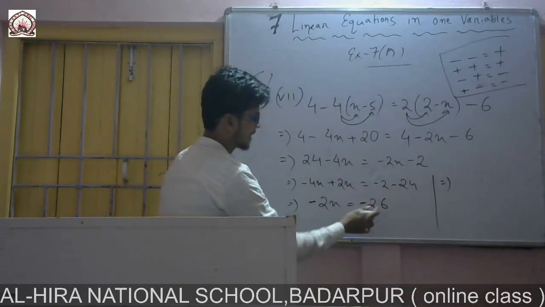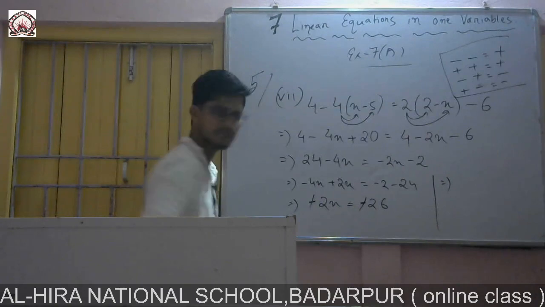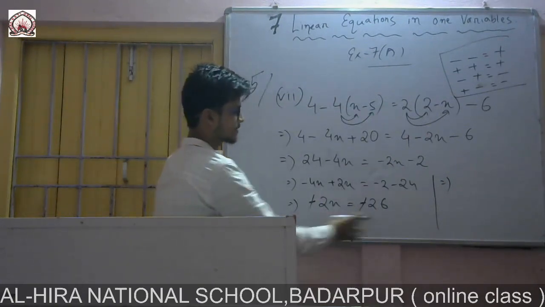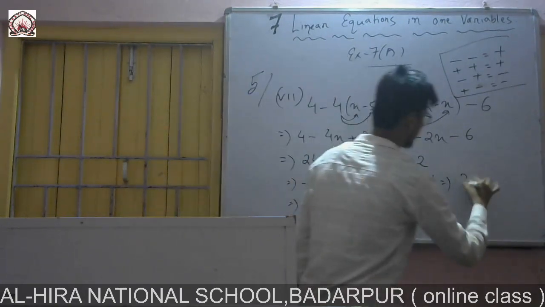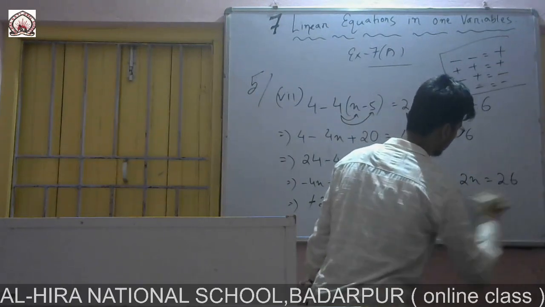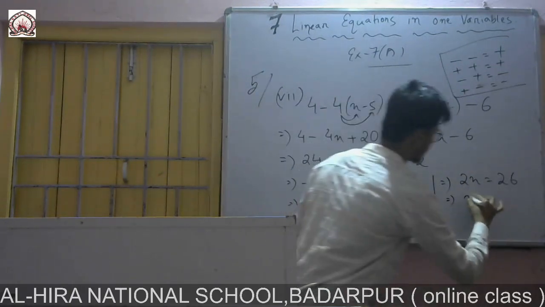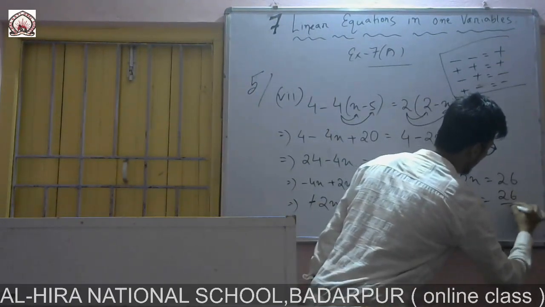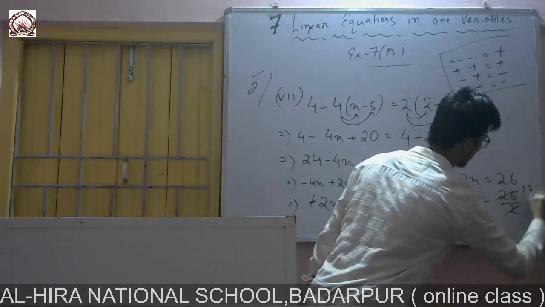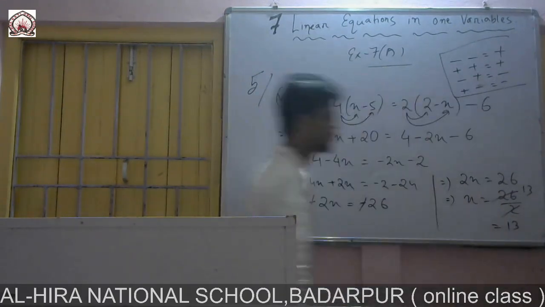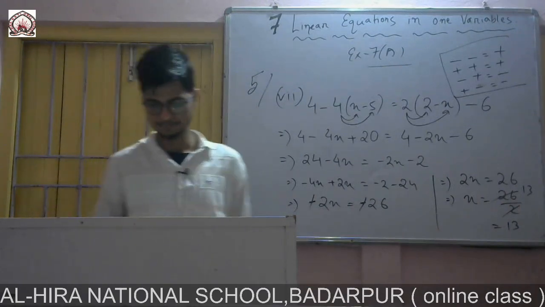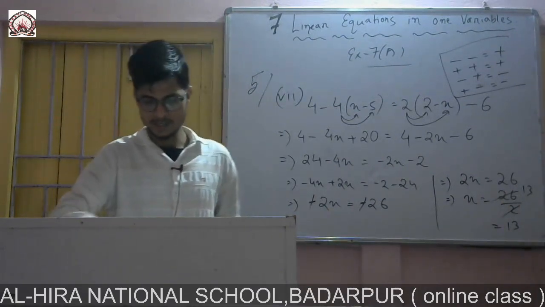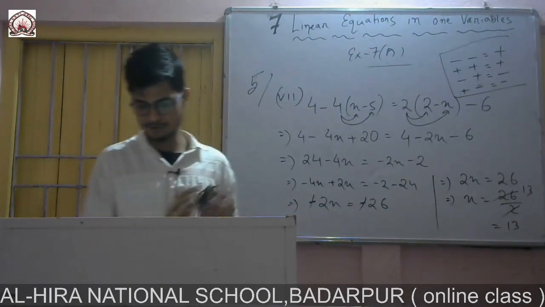So now, minus 2x minus 26, minus minus I can cancel from both the sides. They are 2x and they are 26. 2x equal to 26. So I can write x equal to 26 by 2. If I cancel this one, answer will be 13. The value of x is 13. Now Roman number 9, you see.